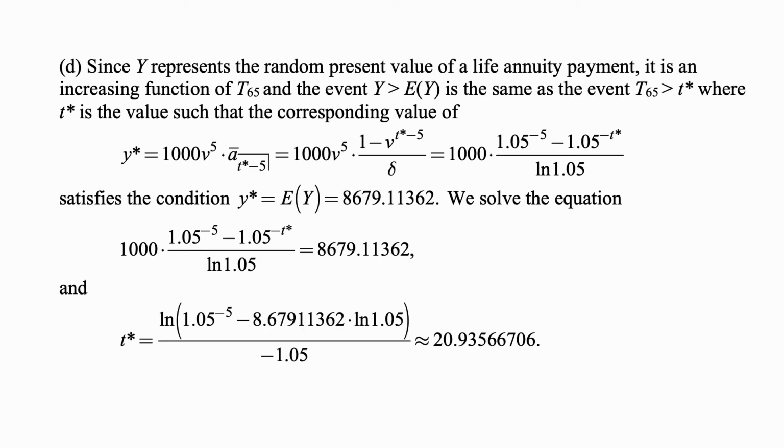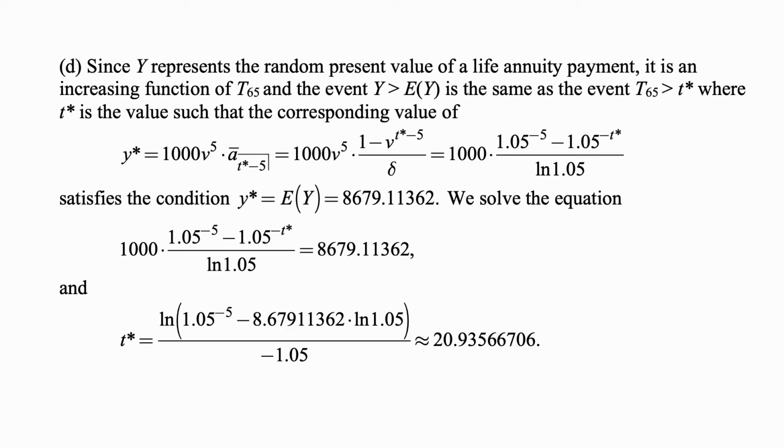For part D, since Y represents the random present value of a life annuity payment, it is an increasing function of T65, and the event Y being more than E of Y is the same as the event T65 is more than t star, where t star is the value such that the corresponding value of y star equals 1000 v to the 5th times a bar angle t star minus 5. So this y star, which is calculated just by using t star in the calculation of Y, satisfies the condition that y star is equal to E of Y,